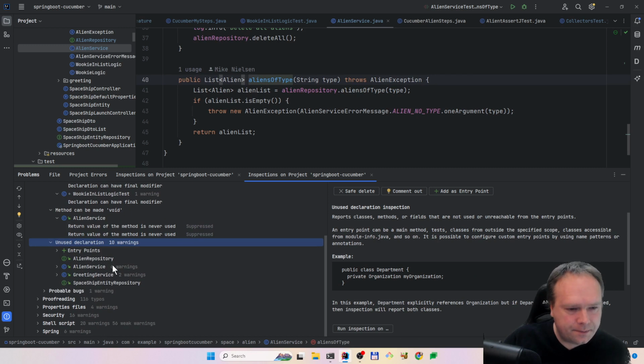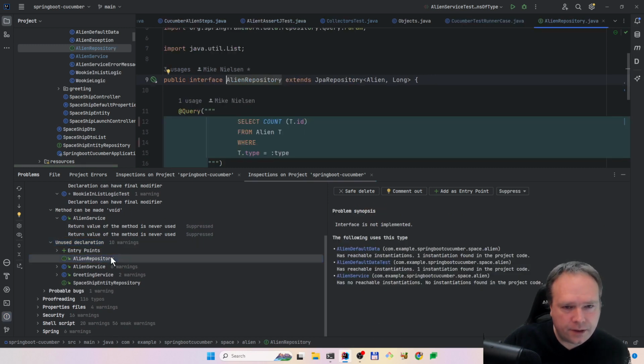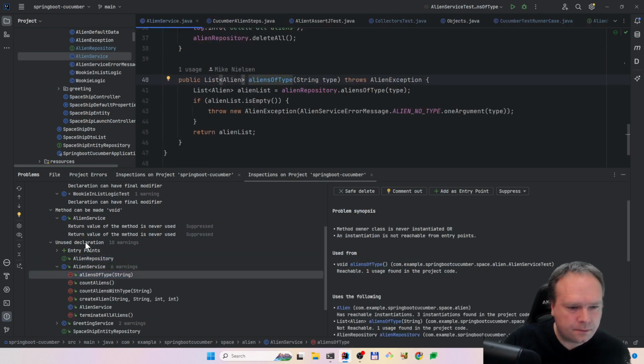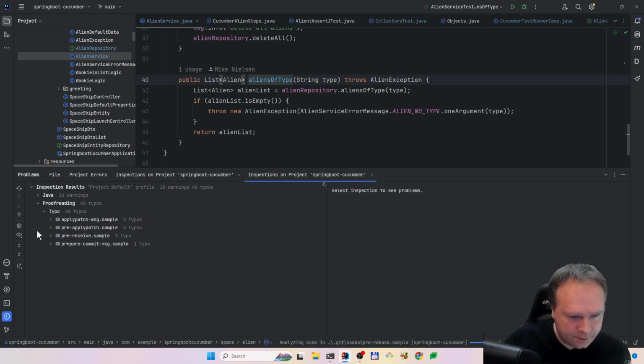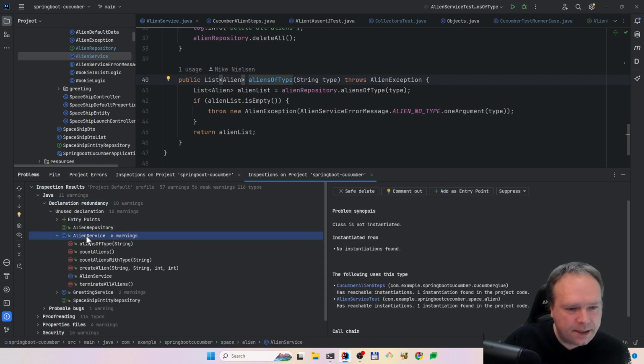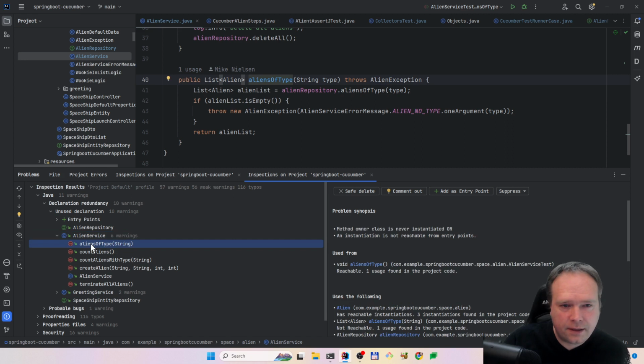Unused declaration. We have a lot of unused declarations right here. We have the alien service. Let me just refresh. 11 Java warnings left. So you can actually see it does not take that long to remove these declarations right here. So here we have, what is this, an error? Are those because